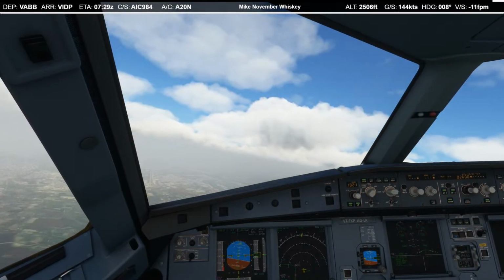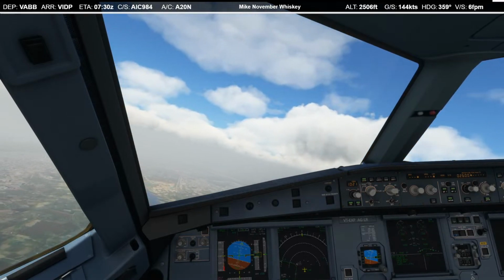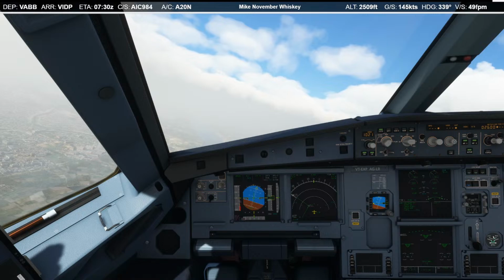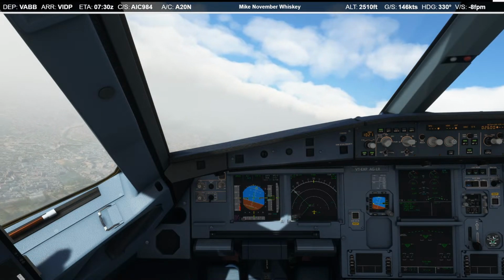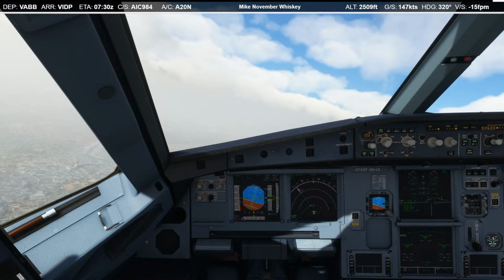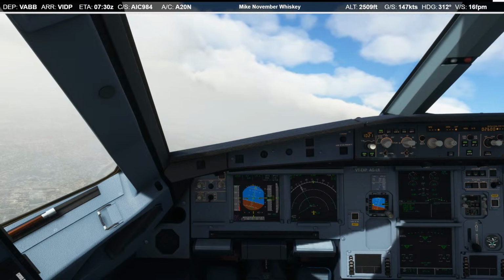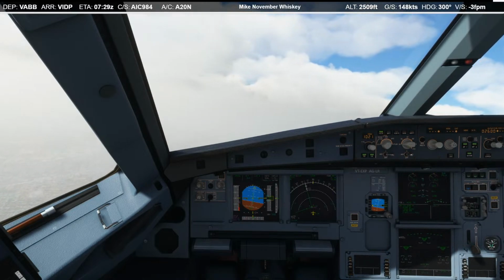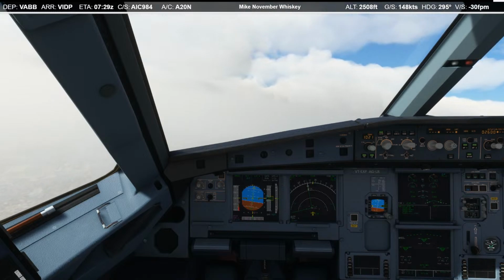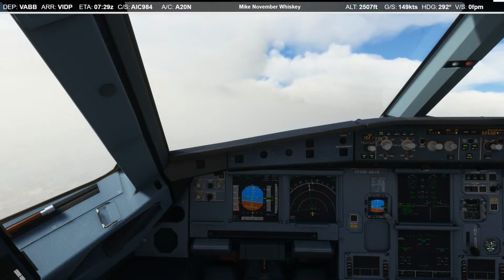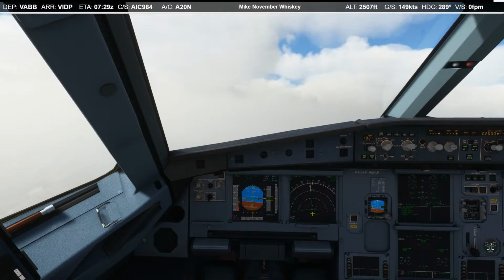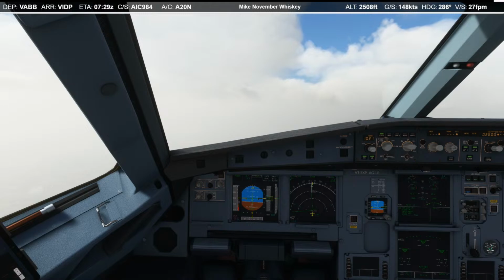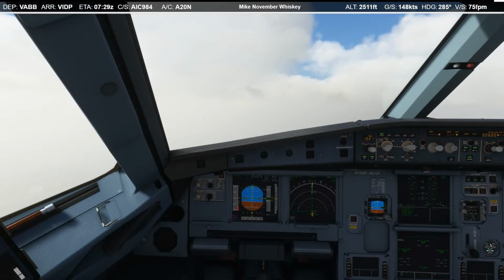Star. Loke. Speed check, flaps 3. And flaps full.